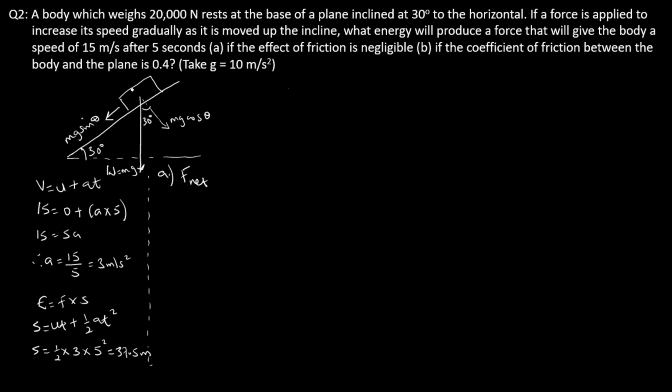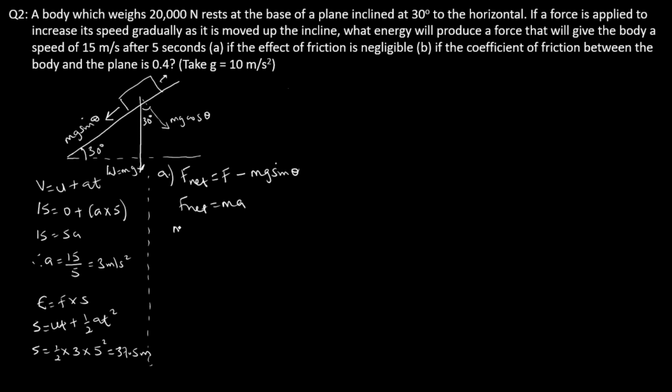We will only concern ourselves with the parallel component, which is our mg sine theta, which acts downward, and the applied force, which pulls it upward. So the net force therefore becomes equal to the applied force, which acts upward, minus the mg sine theta, which is the component of the weight which seeks to pull it down the plane. Now our net force is equal to ma,